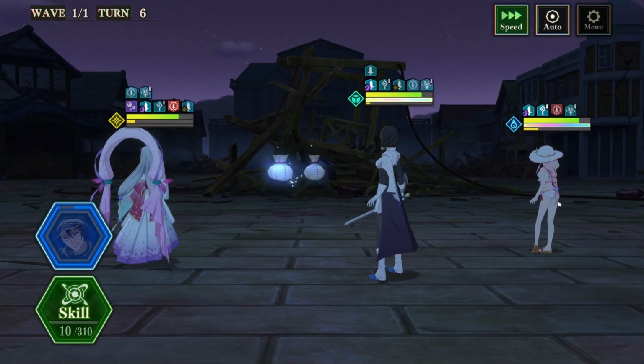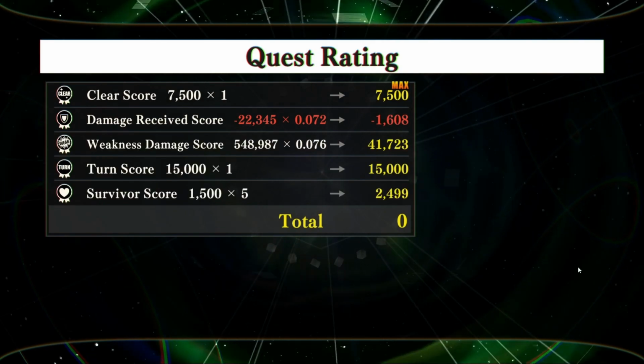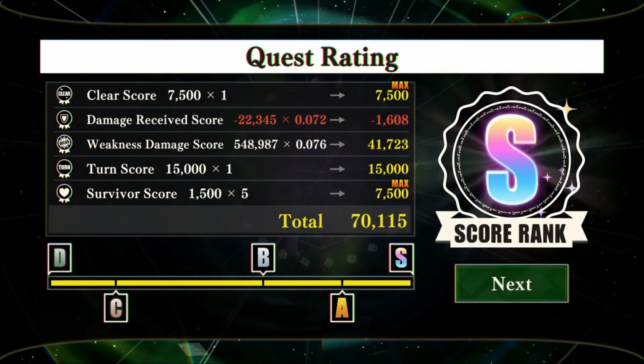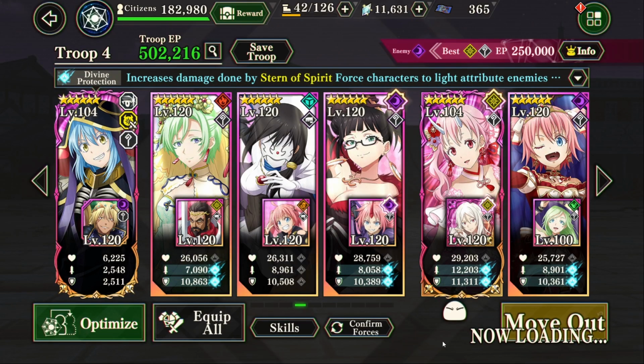533k. Alright, actually better than I remembered, but still not 1.4 million. But it is just a hodgepodge of units for you to attempt. Alright, the final run is another desperate grasp at straws and random units that you may have in your box. We're going to bring a green team, and we're going to nuke with Light Shuna, who does have an EX